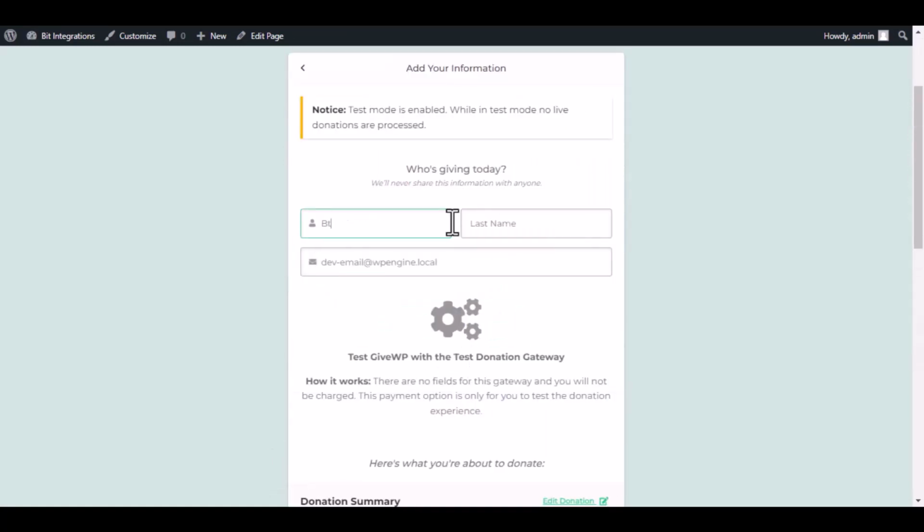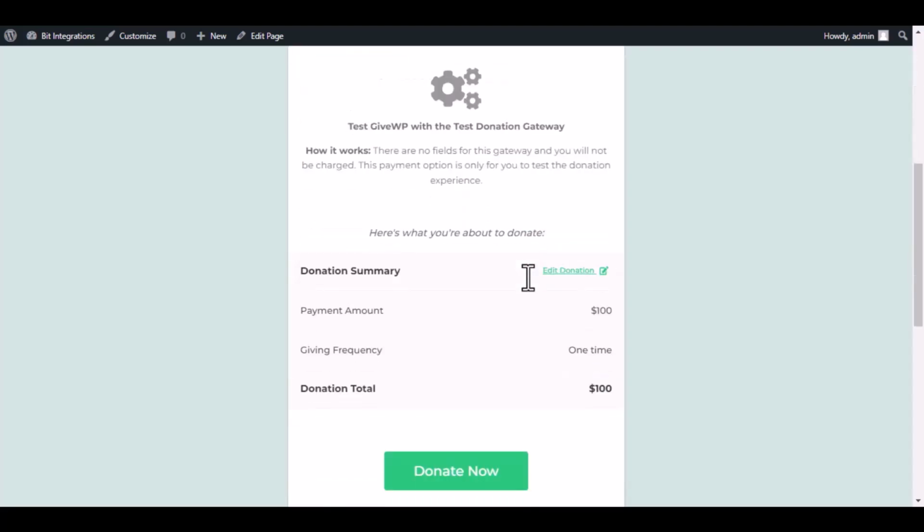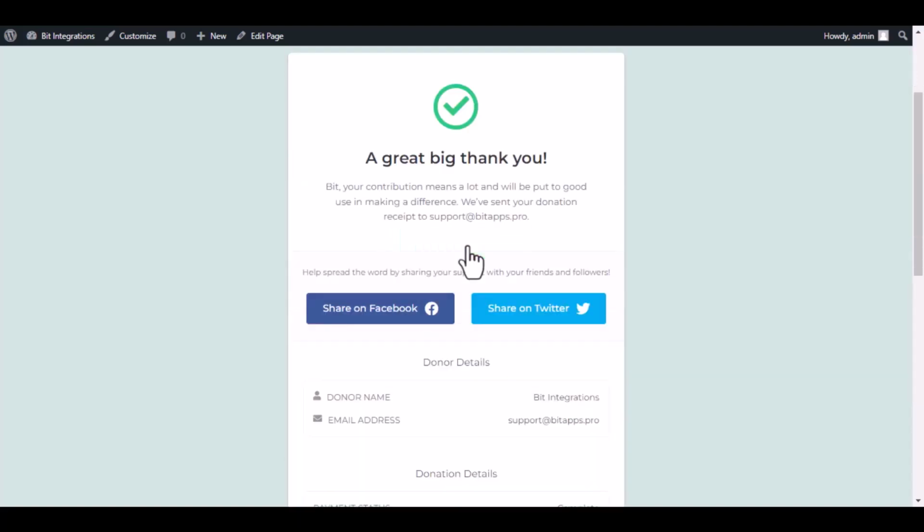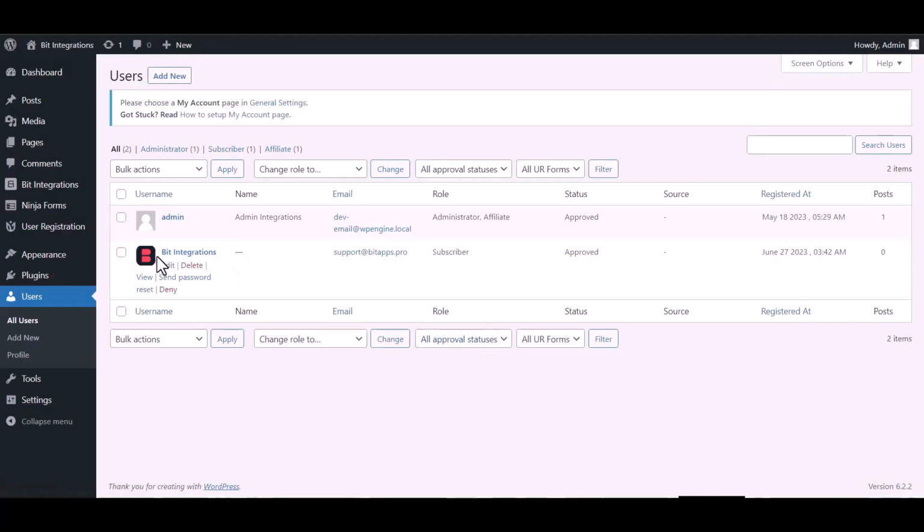Type some information and submit the donation form. The donation has been done successfully. Now go to the user's dashboard. And here you can see after the form fill up the new user created